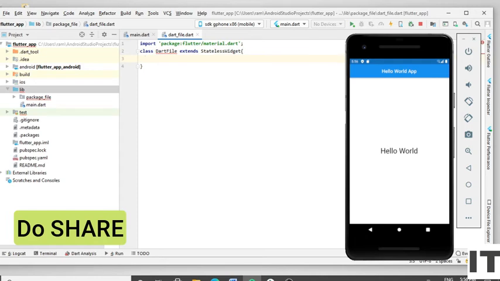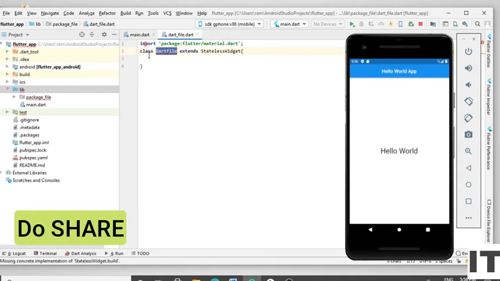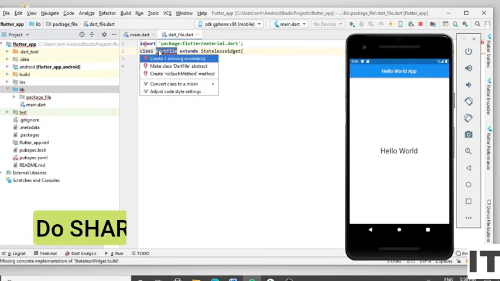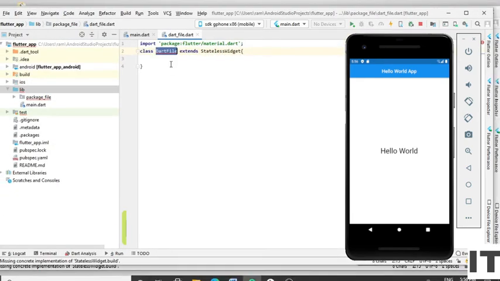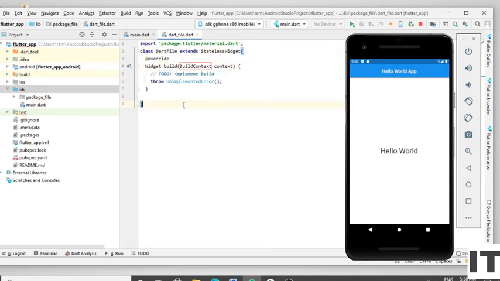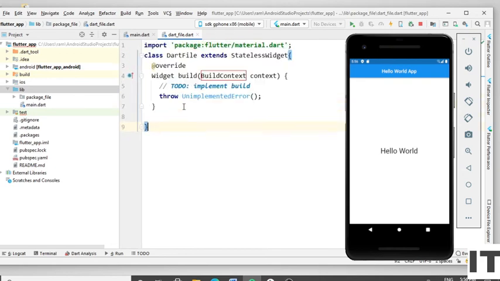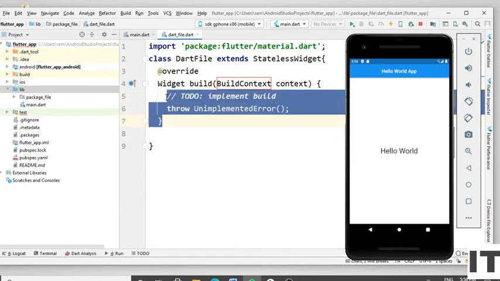Right click, click on the bulb and click on create one missing override. Now it's visible. Remove these two lines, not the semicolon.